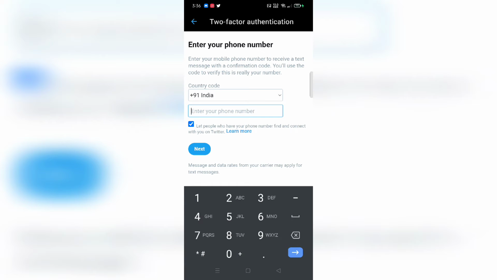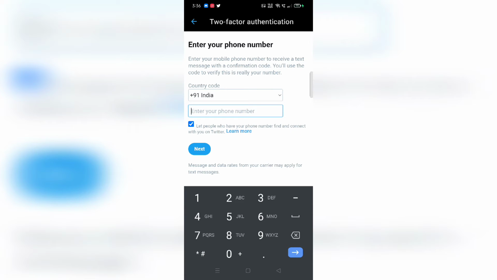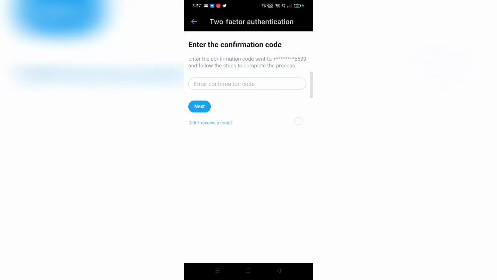Based on the privacy that you want on your Twitter account, you can select or deselect this option. I am going to disable it because I don't want people to find me on Twitter through my mobile number. I just don't like people finding me on Twitter that way. So I'm going to disable this one and enter the mobile number.